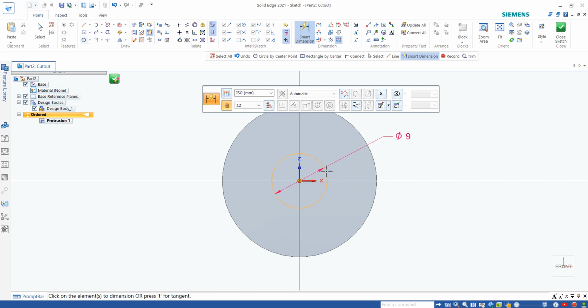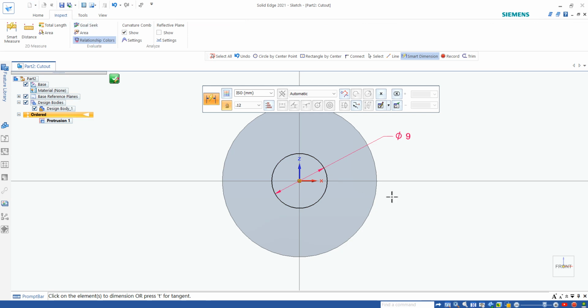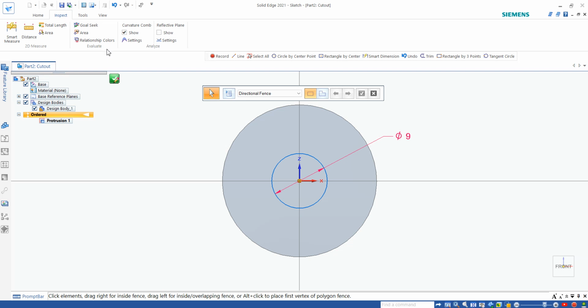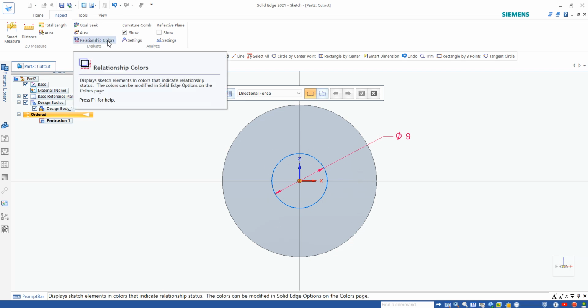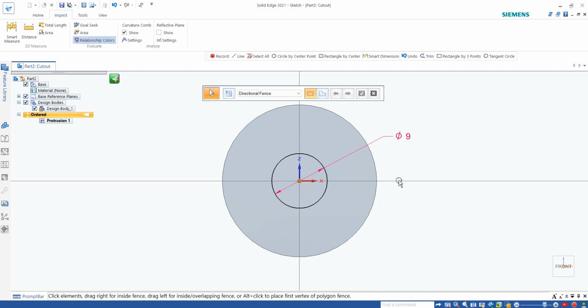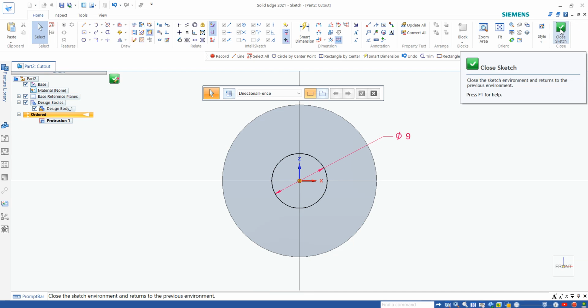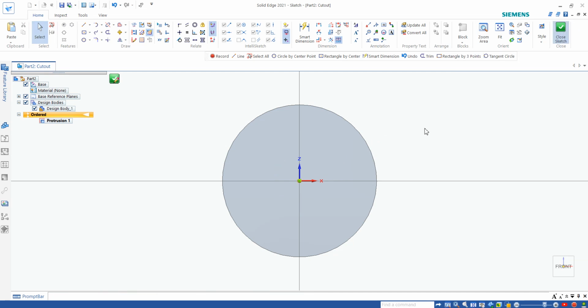If you are experiencing a problem turning the sketch black, you can always go to Inspect, Home, Inspect here, and then click on Relationship Colors. If you untick this, then it will again go to blue. And if you want to change the relationship color, click on it and then it will turn black here. Okay, so now I will close the sketch,